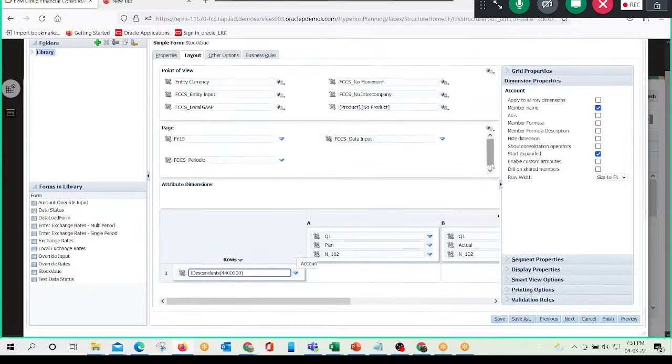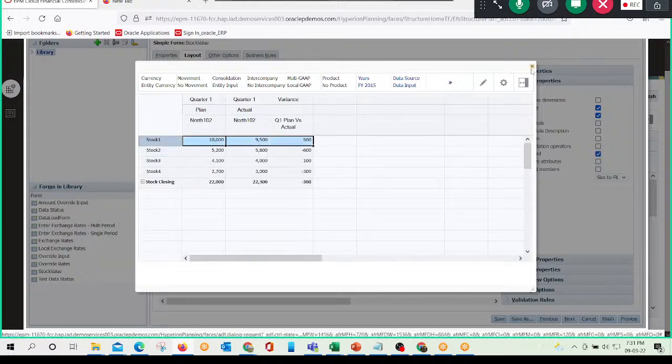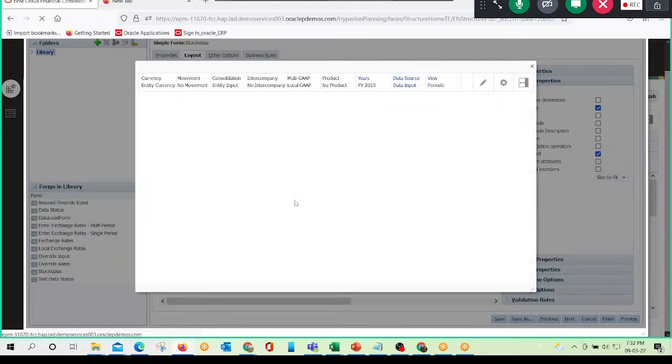By clicking on this, if we want to use the alias name, we can click on this alias, and in place of numbers we can see the alias names. So these are the alias names, or we can use the member name. All these options are available here,